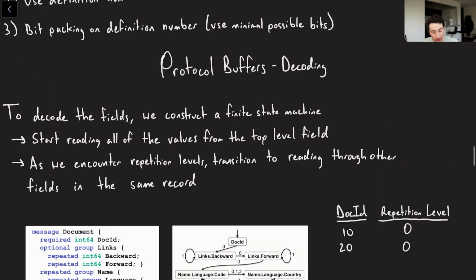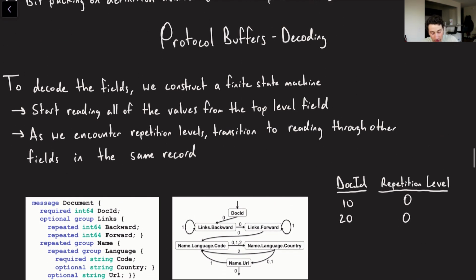Basically, what you do is you start at the top level field. So in our schema from earlier that we have shown over here on the left, the top level field is going to be the document ID, right? So let's say the document ID is written just like this in column-oriented storage, right? We have one document where the document ID is 10, and then in our second document, the document ID is 20.